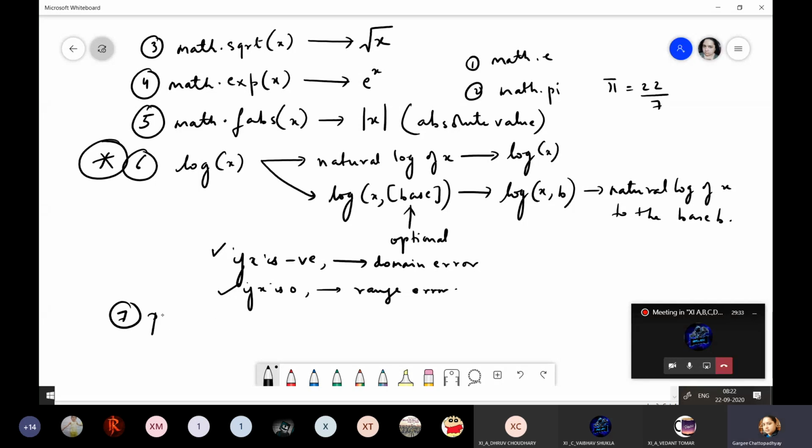We have a very interesting function here, pow. Or I will write it in this way, math.pow. Now this math.pow takes two arguments, one is a and one is b. And it returns a raised to the power b. The same thing that the exponentiation operator in Python does for us. Okay, this is the exponentiation operator in Python.